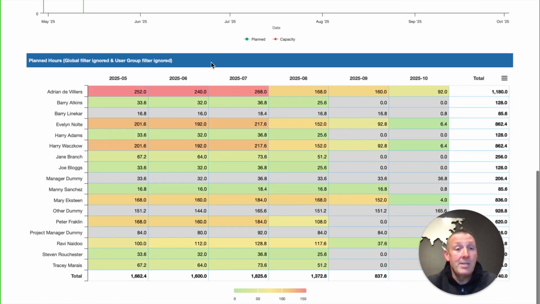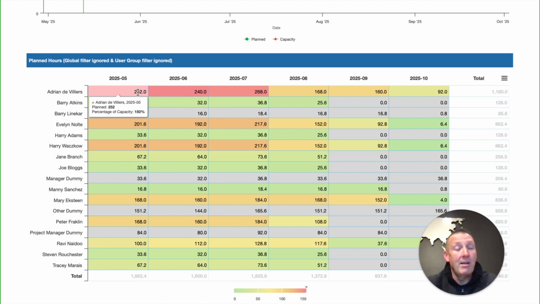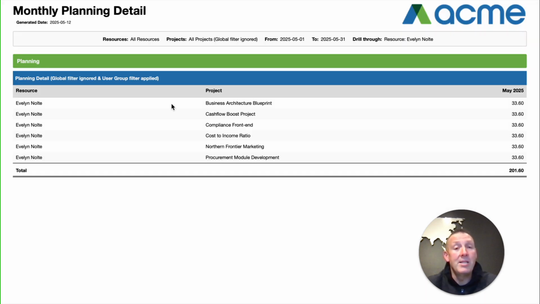This dashboard also allows you to see it in a heat map view. And we can see the red, where in this case Adrian is 150% capacitated, Evelyn 120%, and then Jane down here at 40%. And if I drill down from the dashboard, PPO will then take me one level lower into some of the reporting that's available, which will give me an indication in this case of Evelyn and the projects that she's working on, and for the month of May that I'm looking at now, her total hours. And you can see in this case, it looks like she's allocated 20% of the time, but unfortunately she's working on 6 projects, which means she's over allocated in terms of a normal 160-hour month.